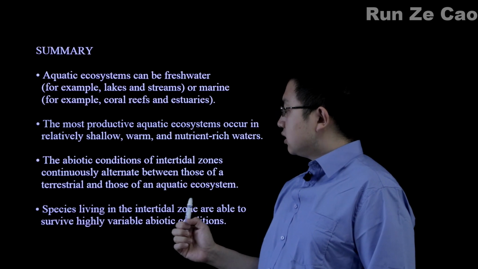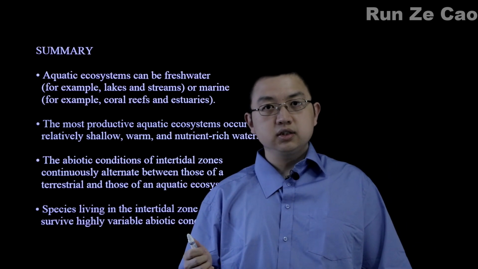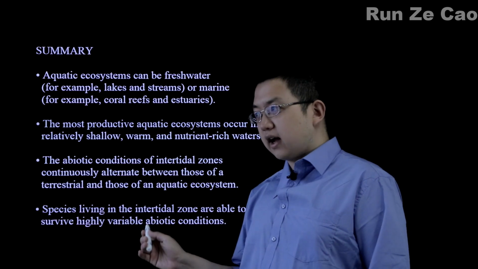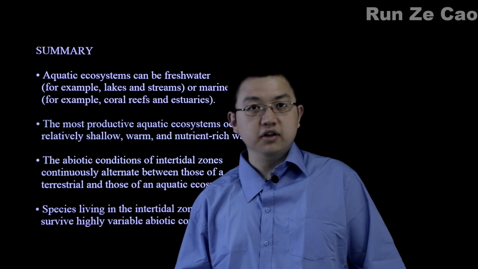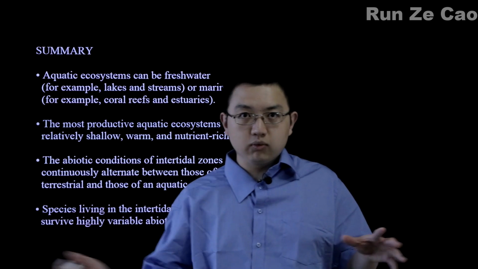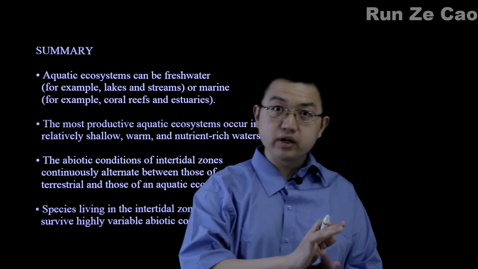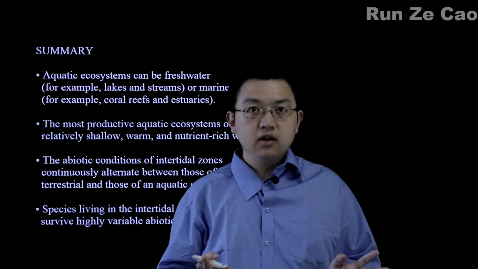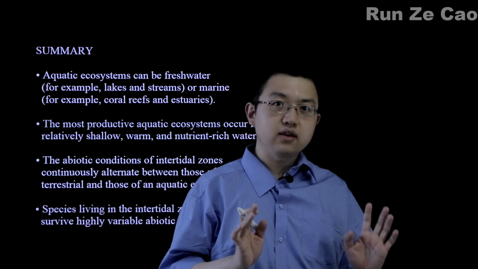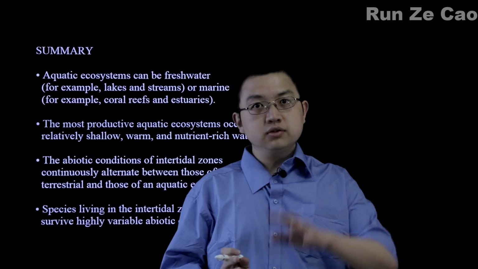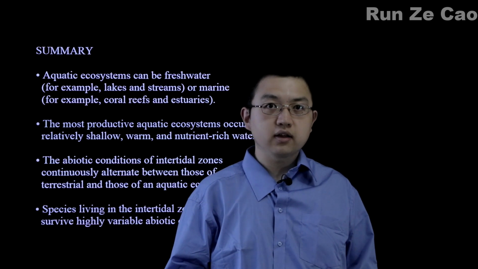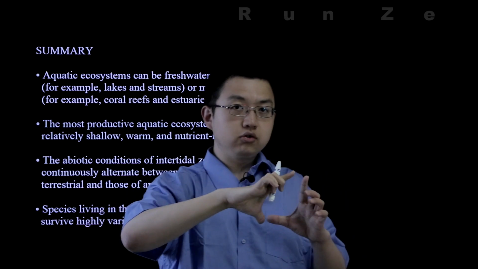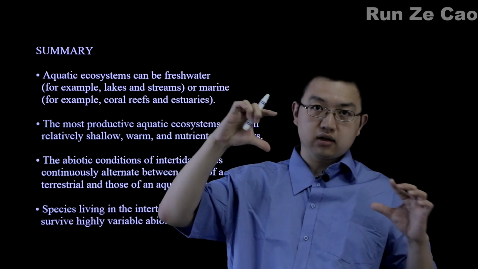Now, the abiotic conditions of intertidal zones will change frequently, at least twice a day. Not to mention the fact that the organisms that live there also have to cling to the rocks despite the waves caused by wind hitting them. Now, these waves are very different from tides. Tides are caused by the gravity of the moon and the sun. So as Earth turns, tides occur twice a day, because the water happens to bulge, flex like this.